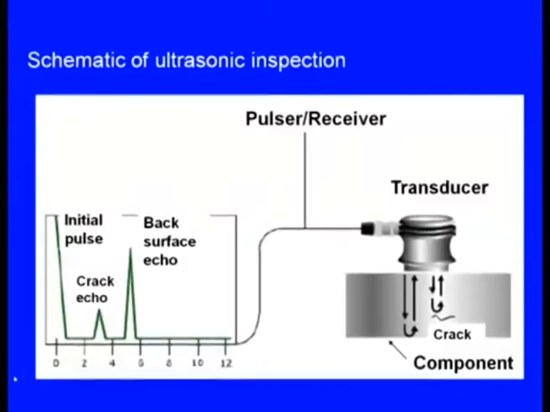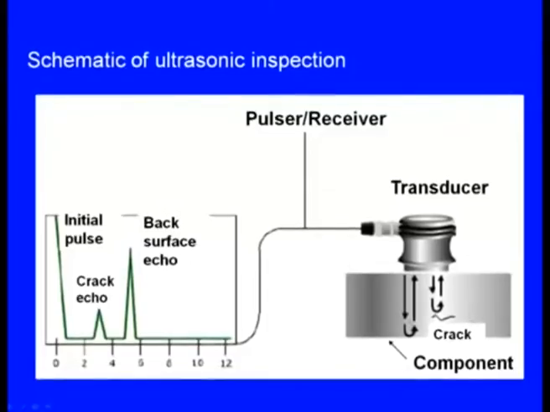A sound specimen will be examined initially and how much time it takes for the return of the wave will be recorded. How many seconds or how many milliseconds it is taking. Now, the component will be changing from time to time, examined one after the other. If there is any crack in a particular component, we get the crack echo very quickly. So, this is how the ultrasonic inspection is carried out.